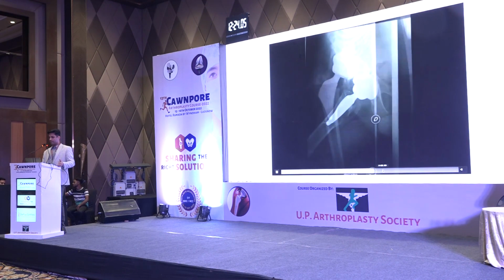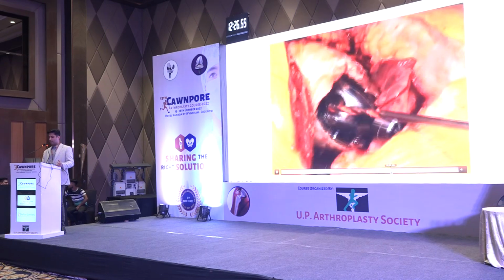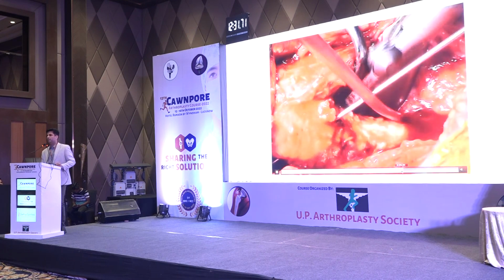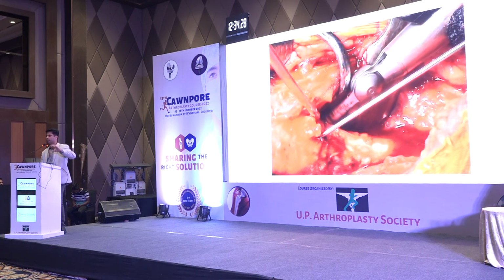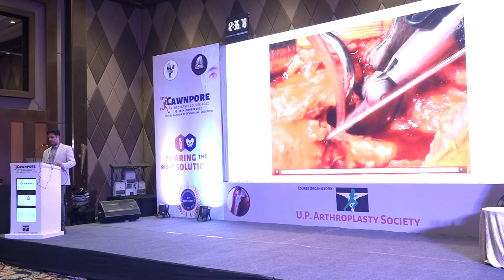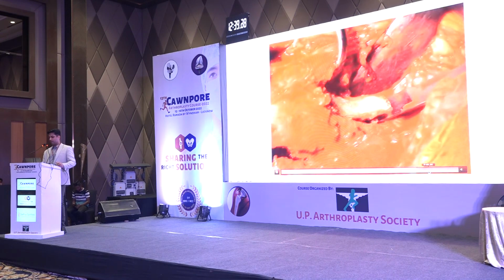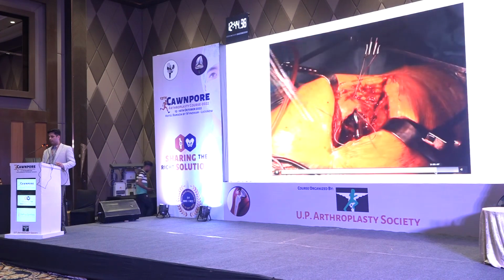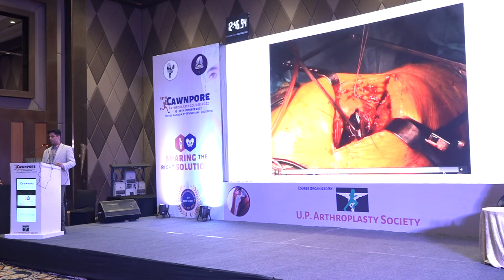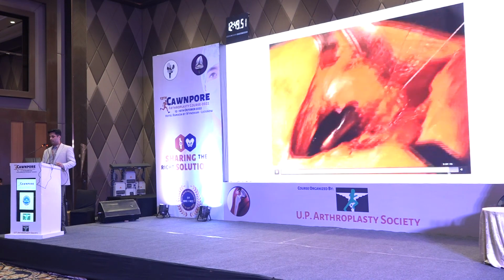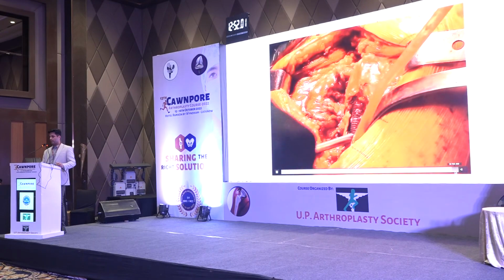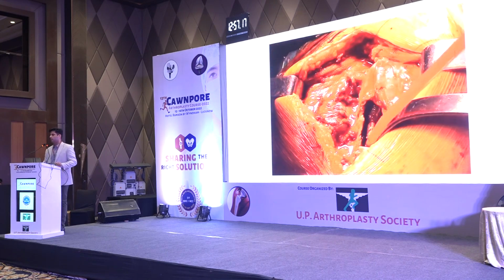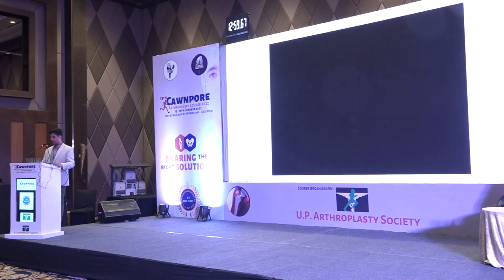However, if you have things like this, you have to go around it, and sometimes you've got to make a fenestration on the outer side, just below the greater trochanter, and punch it out from that side. So you can make that little window on the outer side, open it and clear it, and you can pass in your Gigli wire saw, loosen that prosthesis, and then just tap it out from the lateral side. Once it's loosened and cleared out, just tap it out and it comes out from the neck portion. But these are all difficult surgeries. They're going to take a lot of time. This is something you should be aware of.